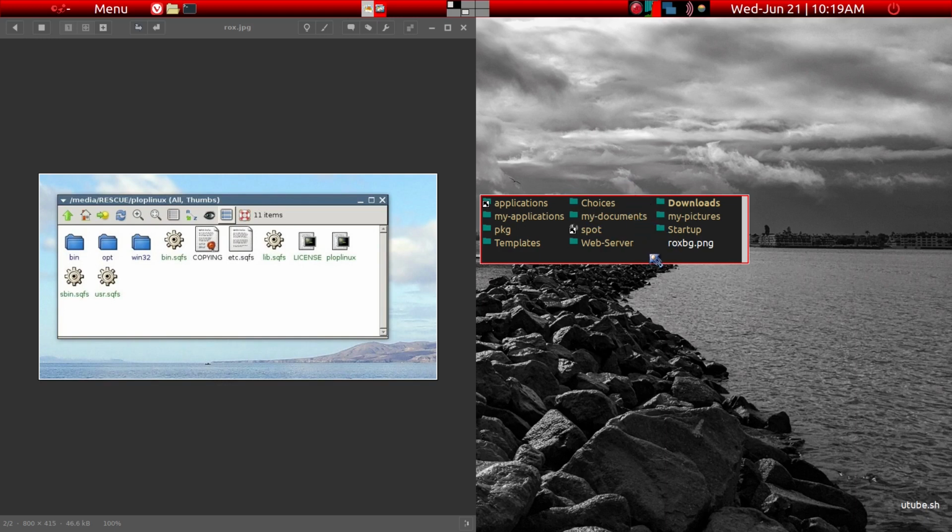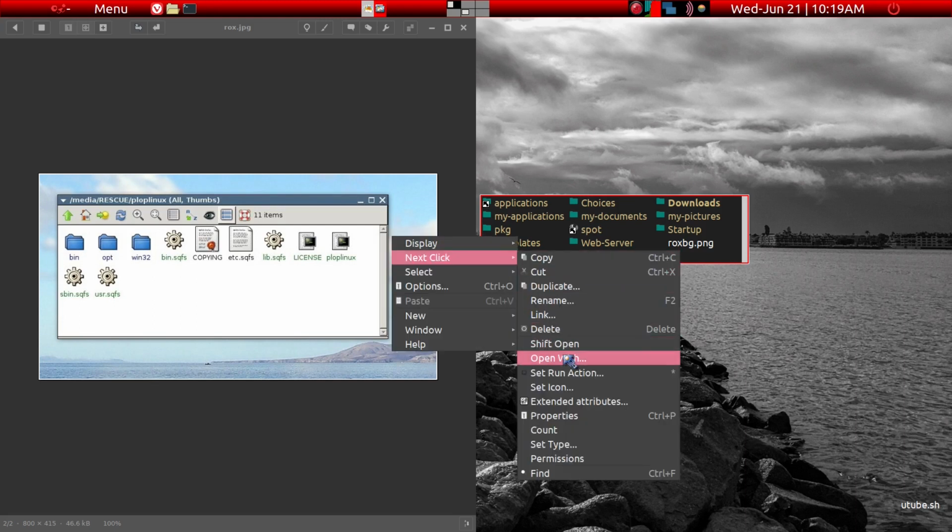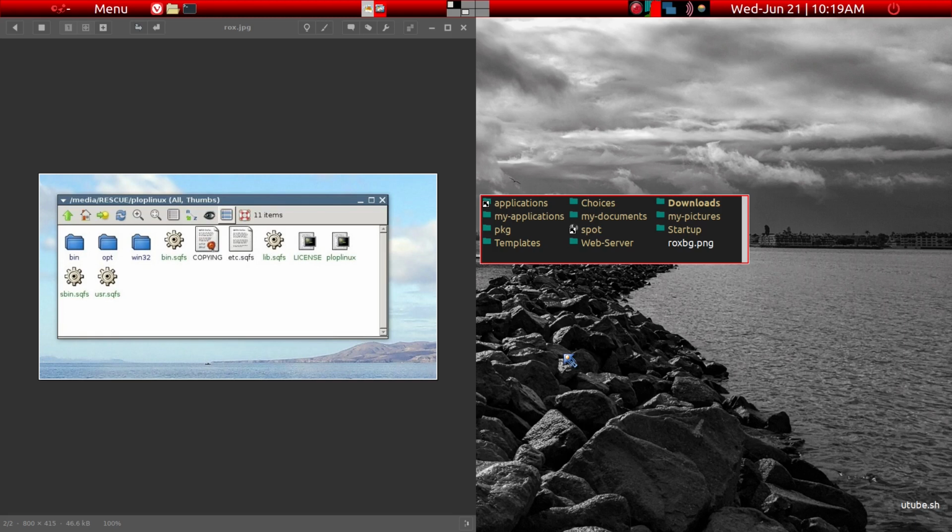ROX-Filer. But today, because of the length of the video, I probably will not get into the editing of the JWM personal file to put it on the right, left, maximum, and so on, but simply eliminate the icons. First thing you can do to eliminate the icons is right click on the ROX and then get into the